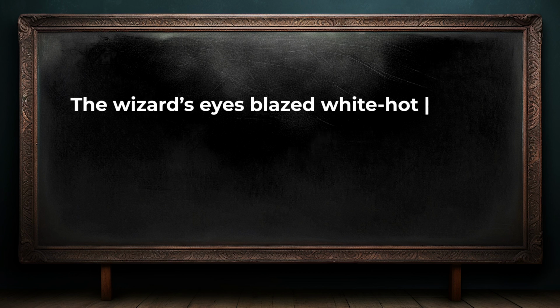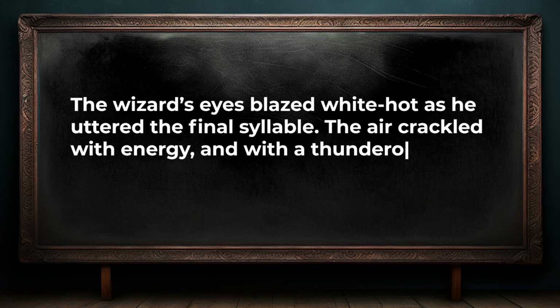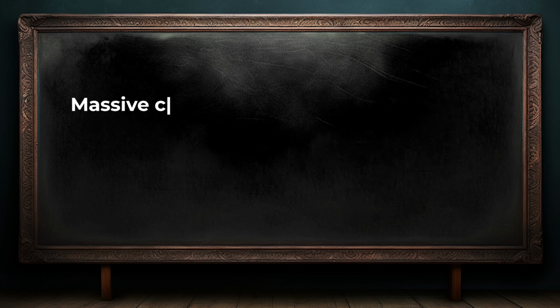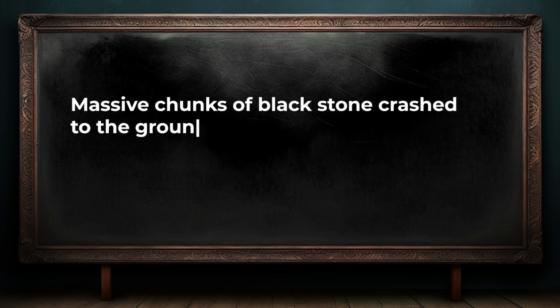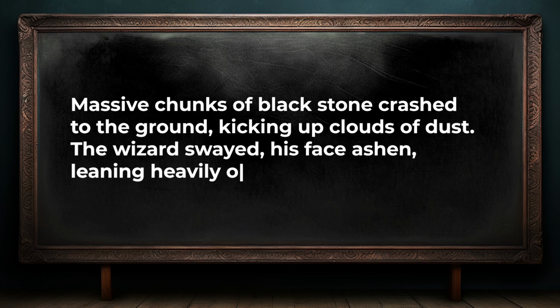Let me show you what I mean with an example. Here's a longer version. The wizard's eyes blazed white-hot as he uttered the final syllable. The air crackled with energy, and with a thunderous roar, the enemy's obsidian fortress crumbled. Massive chunks of black stone crashed to the ground, kicking up clouds of dust. The wizard swayed, his face ashen, leaning heavily on his